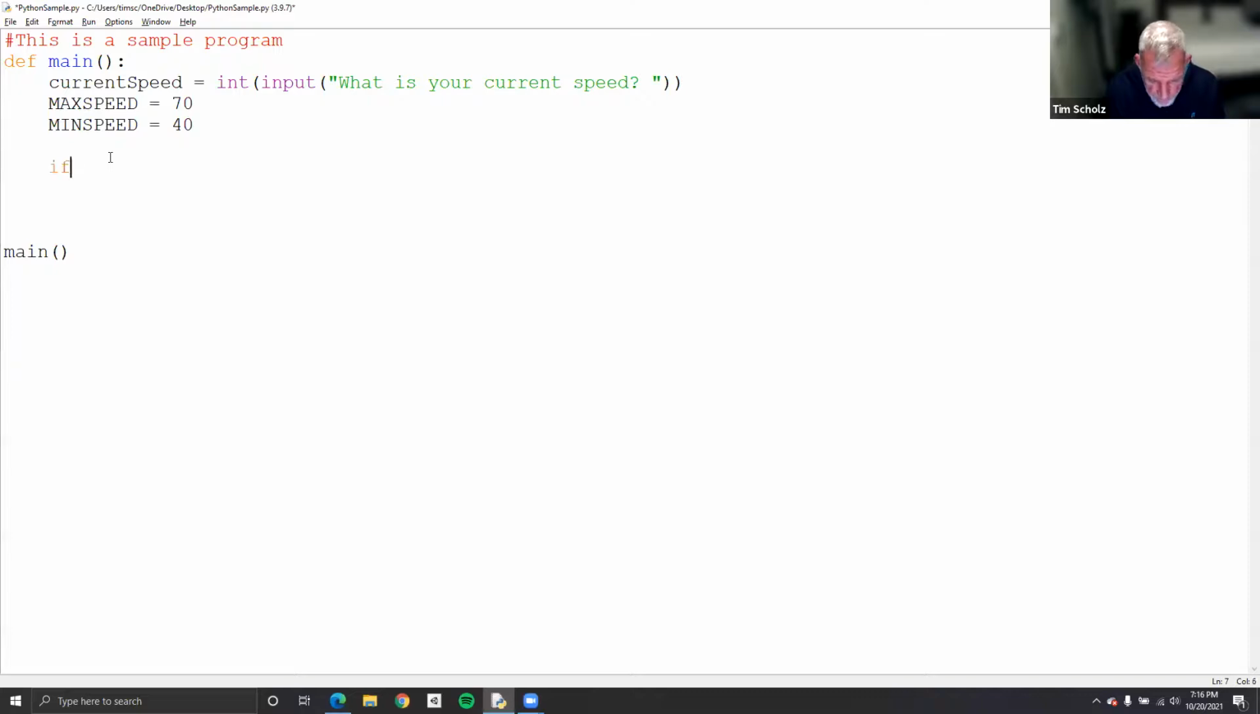So I say if current speed greater than 70 or greater than